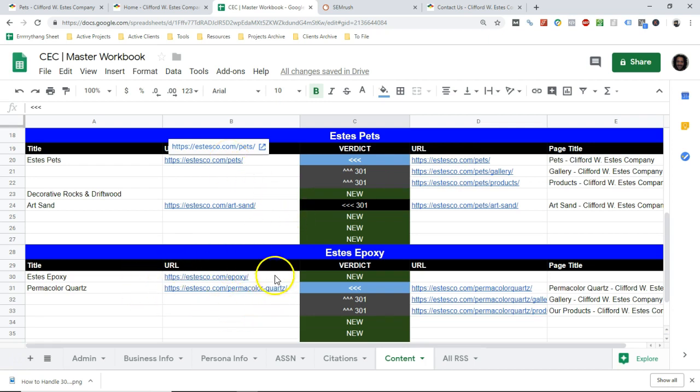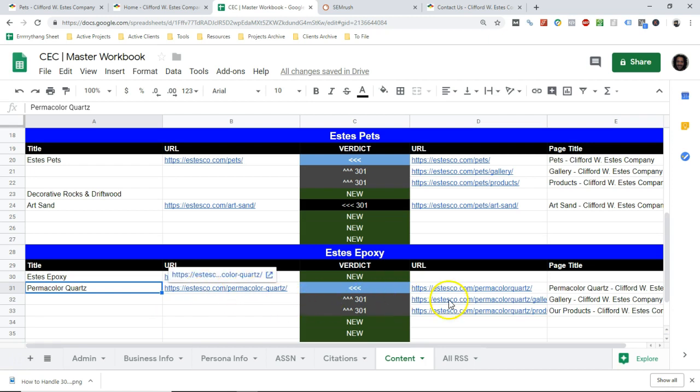But when it comes down to the Permacolor Quartz, everything before was under a Permacolor Quartz page when it probably should have been under an epoxy page. Should have been the main part of that, right? So it should have been like epoxy or epoxy products. And because any links that they would have built from other contractor websites or other industry websites, if they were for Permacolor Quartz, they would probably go to these Permacolor Quartz pages, even though if somebody needed to link to ceramic quartz or SS vinyl chips, they would have had to use the same page. I am making the executive decision,